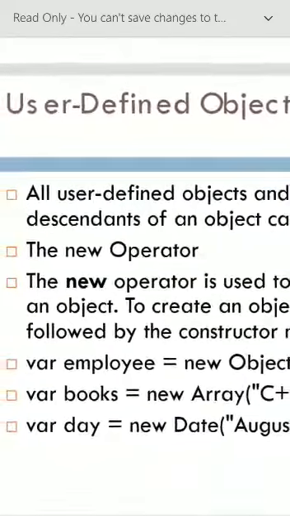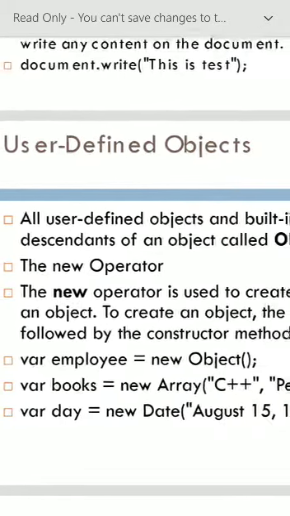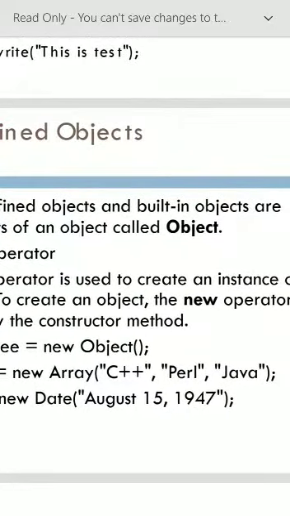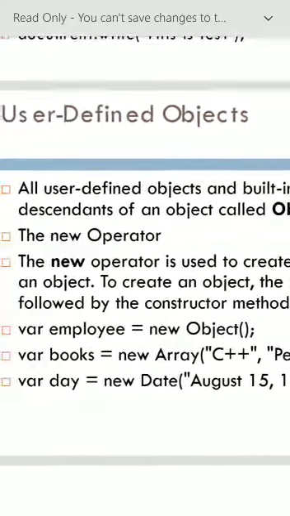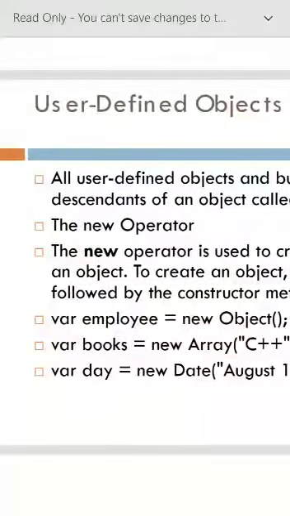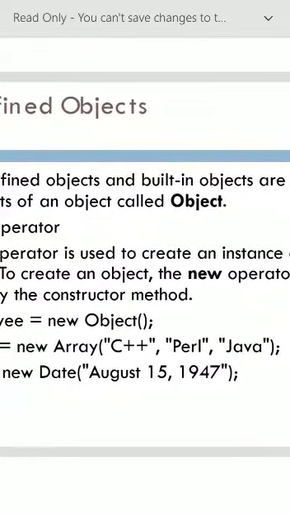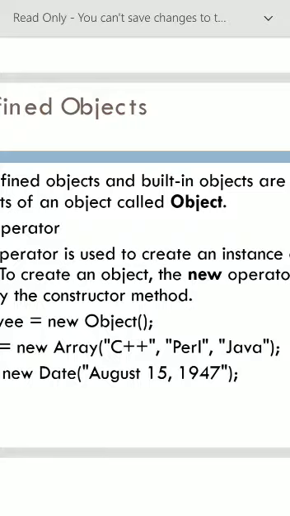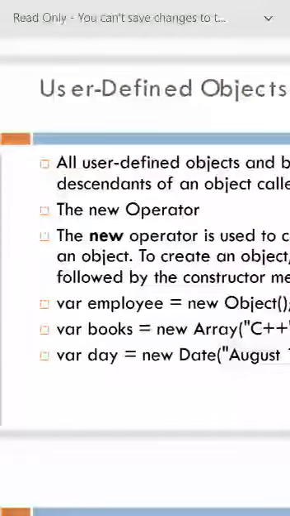Next, user defined objects. All user defined objects and built-in objects are descendants of an object called Object. The new operator is used to create an instance of an object. To create an object, the new operator is followed by the constructor method. For example, var employee = new Object();